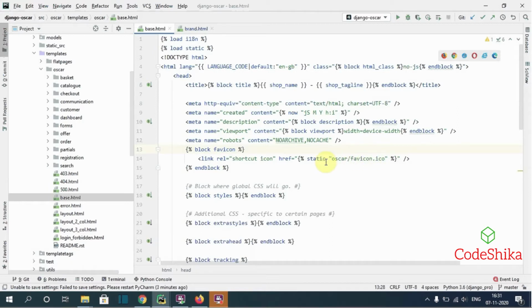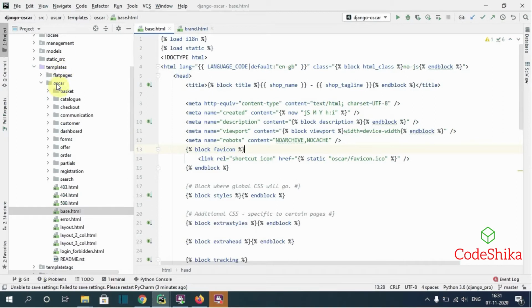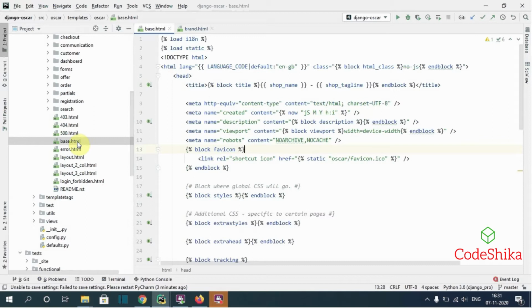And in the second method for customizing this template, we fork or copy the template into our local project so that it comes first in the include path. And in this method also we need to create the same template path for the template. So here the template path is templates/oscar, and here is the base.html.